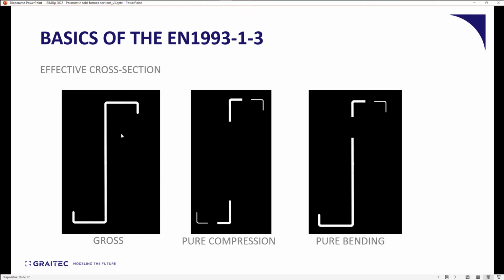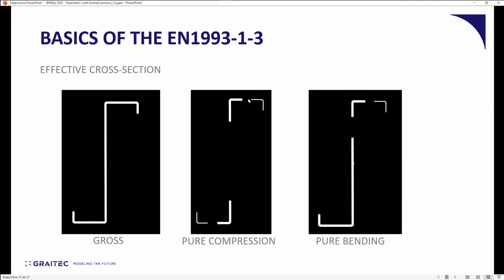See here, if we consider a Z section, you've got the gross section initially, but in case of pure compression, well, as we said earlier, you will lose a good portion of the web, which is entirely compressed. Same goes with the flanges. You will lose the middle of the flange, top and bottom, because they are both compressed. You will lose a small end probably on the lip there,